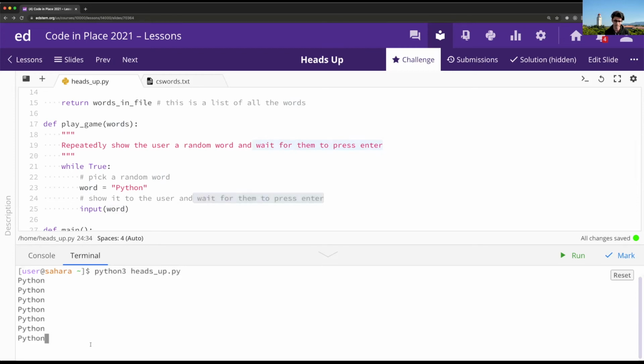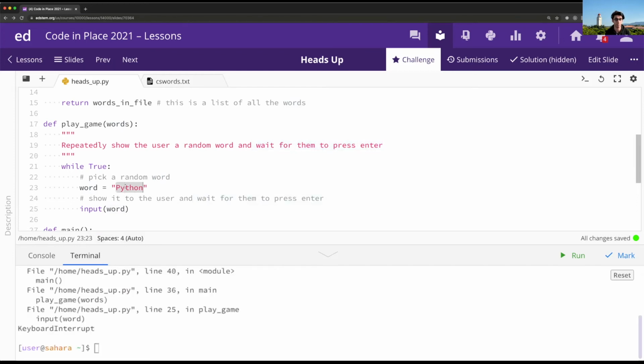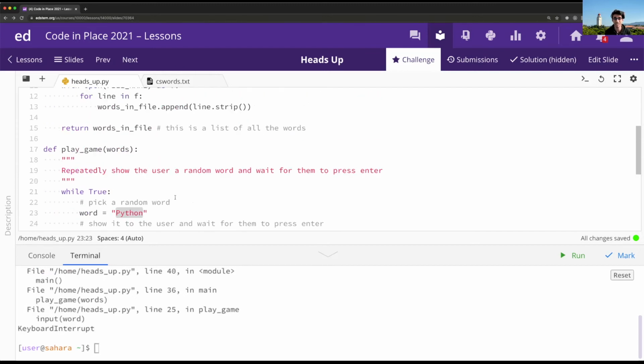Now, all that remains is for us to pick a random word. It turns out there's a function that can do that for us. It's called random.choice. The way it works is we can pass in a list as a parameter to this function, so the words list over here. And it's going to return a random element from that list every time. Previously, we've talked about other random functions, for example random.randint, which returns a random integer in a particular range. What random.choice does is return a random element from a list.